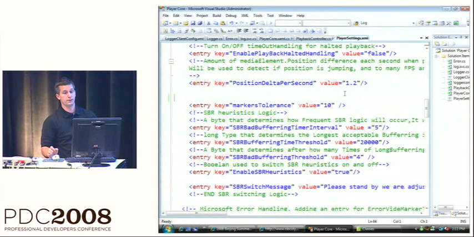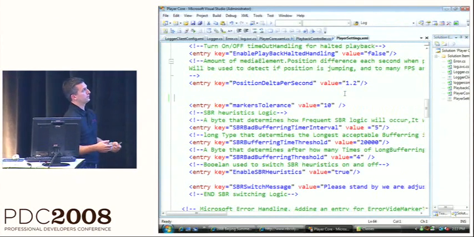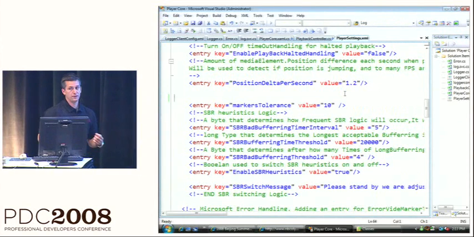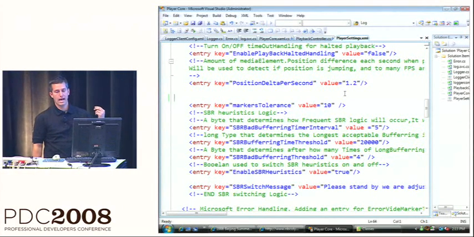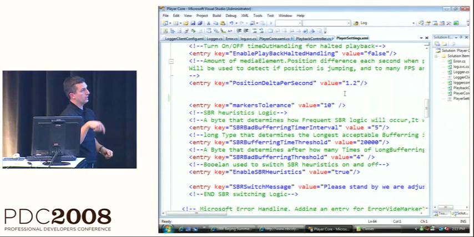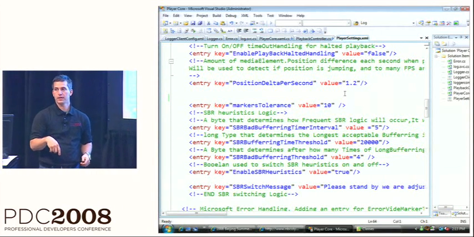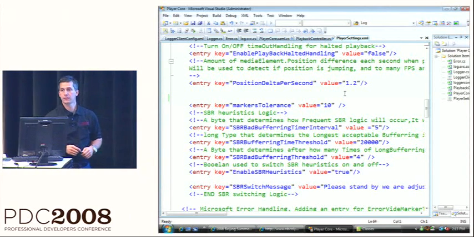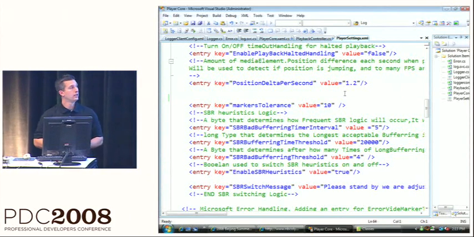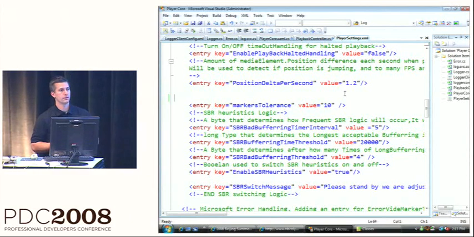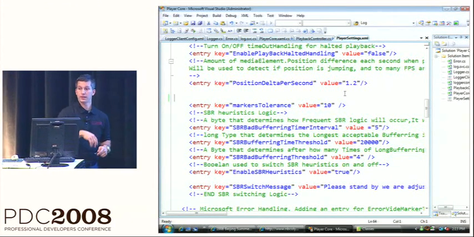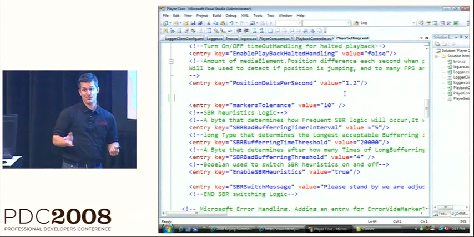And then ultimately what we did was we came up with a very large config file to basically control dynamics on buffering, ad booking, ad playback, et cetera. So instead of us having to go and recompile the actual application, we could just go to this config file and change player behavior. This became very, very helpful. Interestingly enough, we were probably doing a build a day, if not every other day, of the actual player and dropping it out to the site, which was another thing that was very